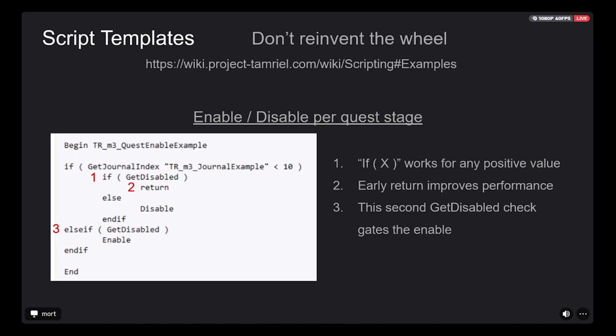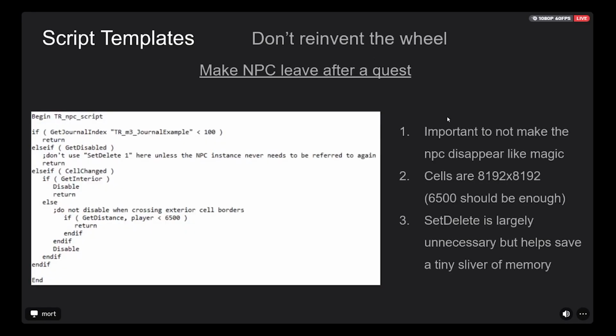Oh, I guess you can't position cell an NPC that isn't placed. I'm pretty sure that's accurate. They have to be in the world. There just has to be a reference. They have to exist somewhere, even if it's some fake make-believe cell that no one's ever going to access. Like TR right now has a T underscore